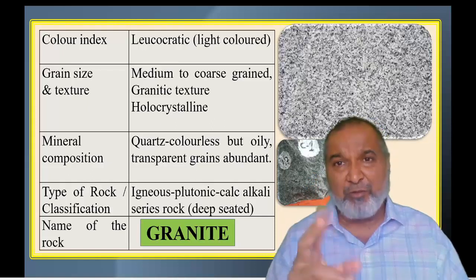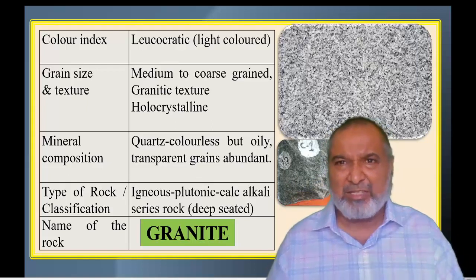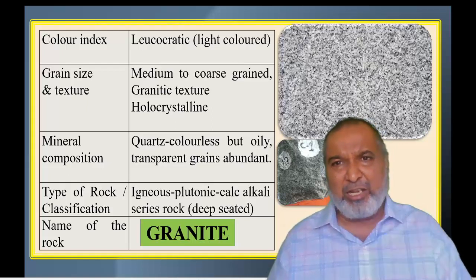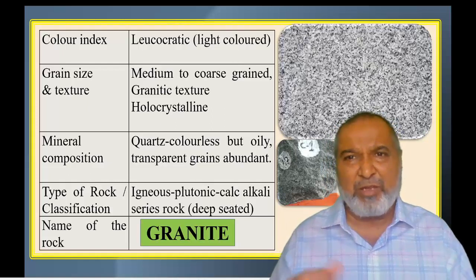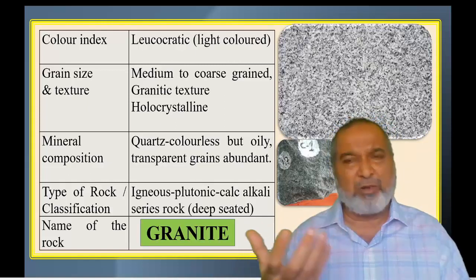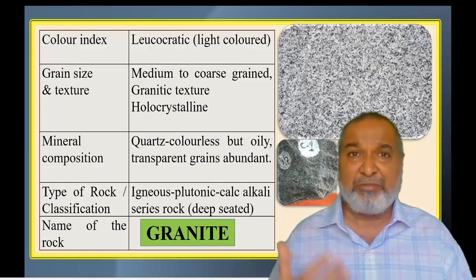With this property we can find out the quartz. Sometimes the quartz surface, when you see it in reflected light, looks like oily drops. That is the observation. If you find it, well and good. Otherwise, it is only the white color, and with white color we can identify the quartz.